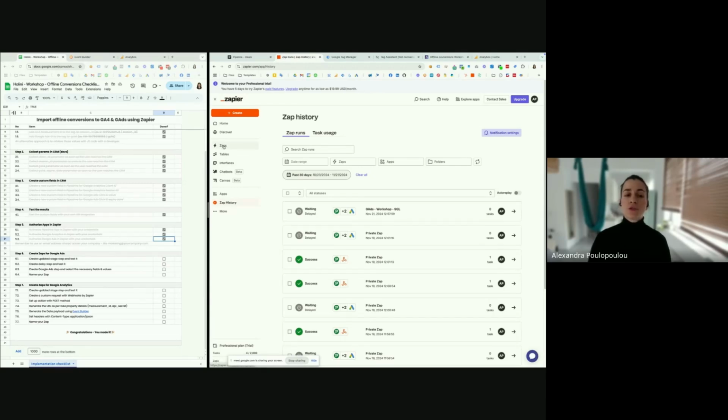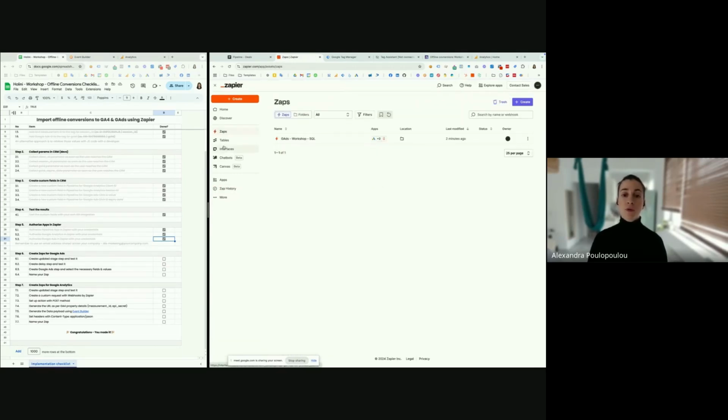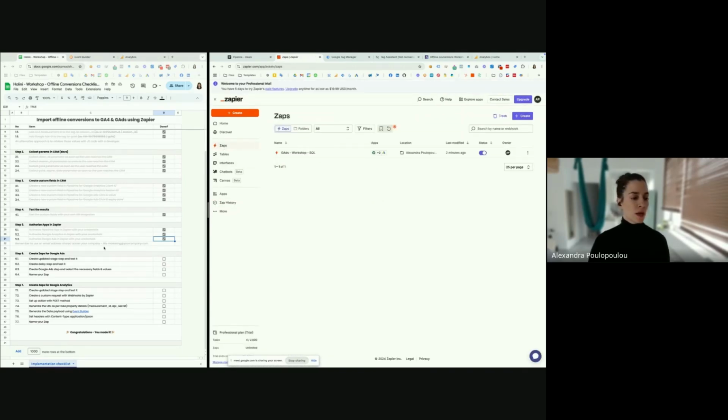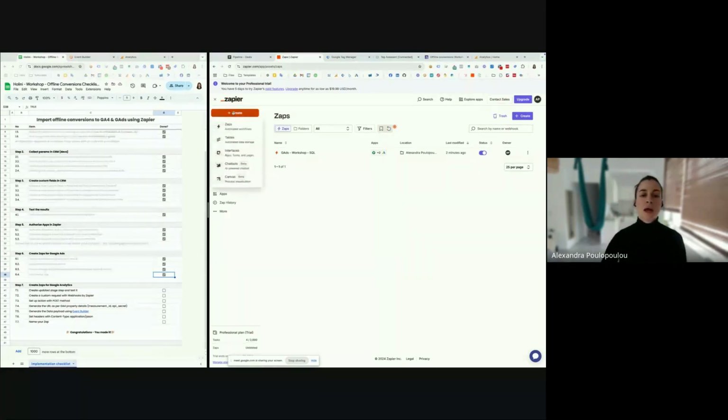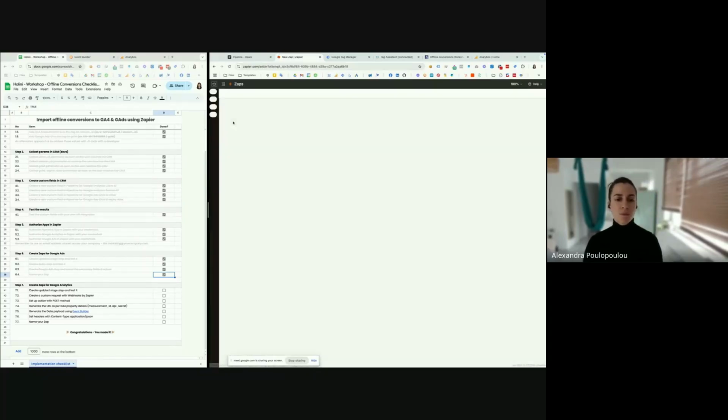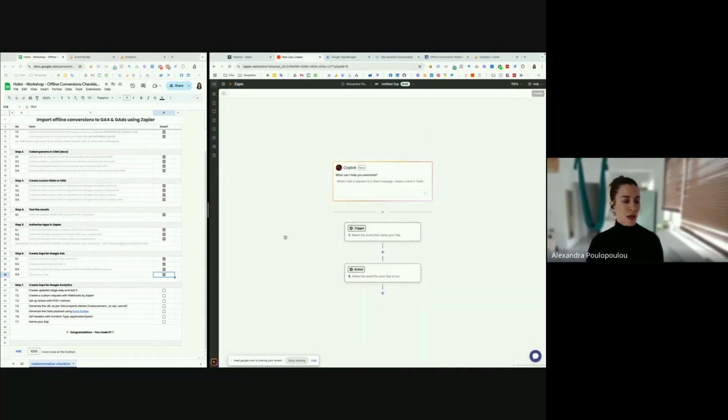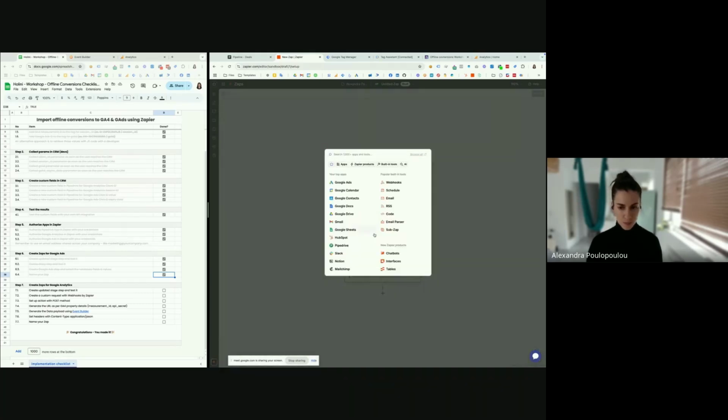So let's move on to the Google Analytics app. Let me just mark the steps as done and move forward to Google Analytics. We will create a new app and start here.